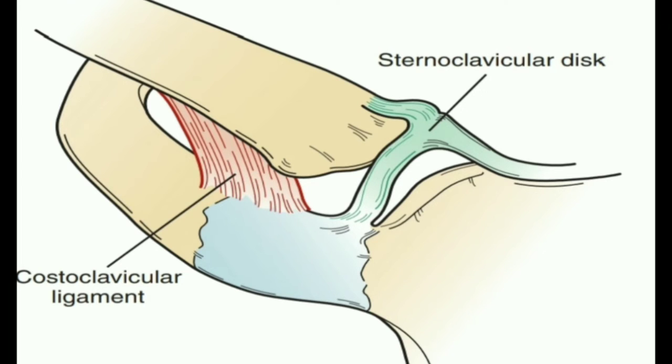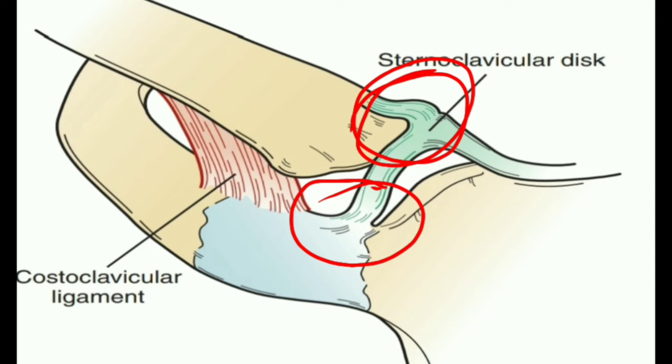Now let's see how the disc functions during motions. During elevation and depression, the disc will be stationary. Here the upper portion will act as a pivot. Whereas in protraction and retraction, the disc will actually move with the clavicle. Here the pivot point will be in the inferior aspect. So the inferior portion prevents dislocation, so it will control the motion. So in the first motion the disc is stationary and in the second motion the disc is mobile.